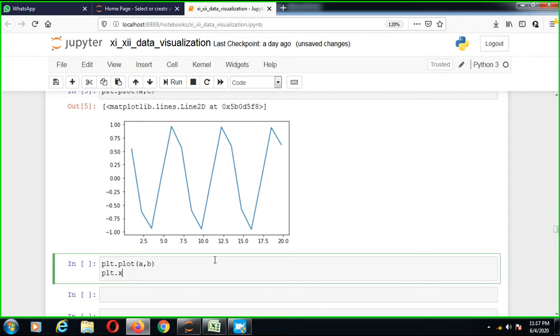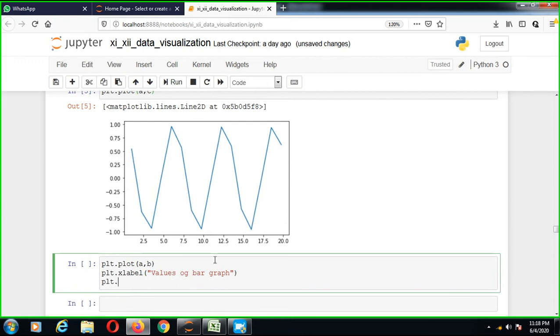Now plt.xlabel, values of the bar here, and plt.ylabel, values of y label, and values of the bar graph. So bar label, y label. In that case I just show you.